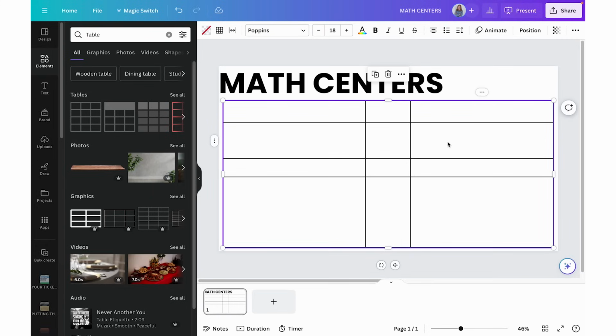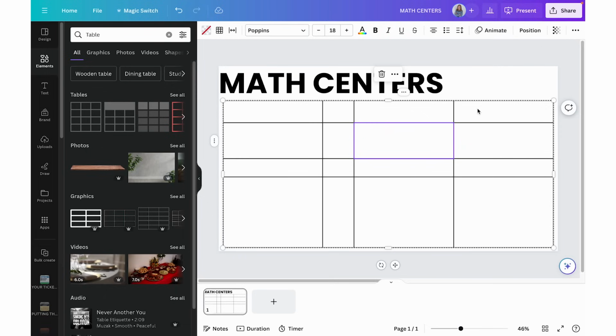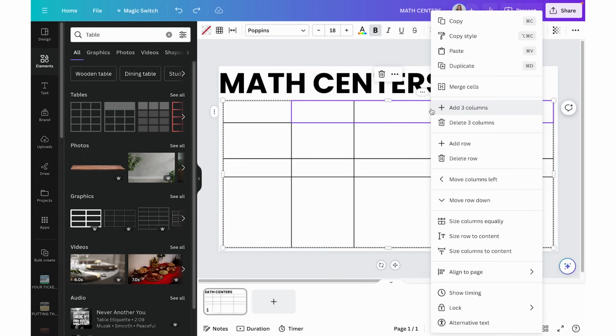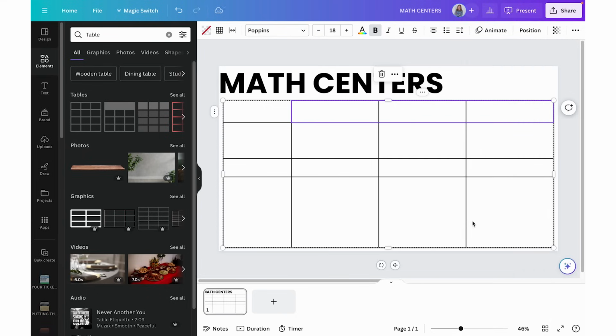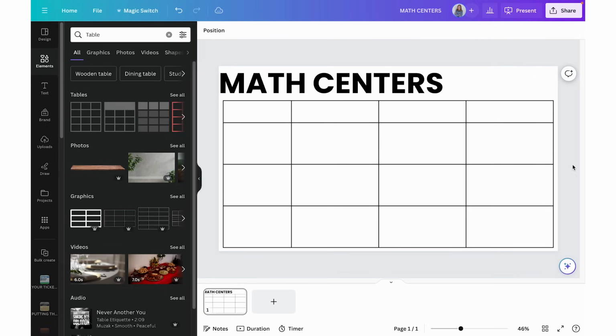So I need to add a column. I'm going to right click and I want to add column. Let's go ahead and adjust this one where we want it to be. That looks good. I'm going to click the first column, well, it's the second column, but the first one in that section, and hold down Shift and click the last one. That's gonna select all the ones in between. Right click, and I want to size columns equally. And same thing with the rows. I'm gonna click this one, hold down Shift, right click, and I want to size rows equally. Okay,